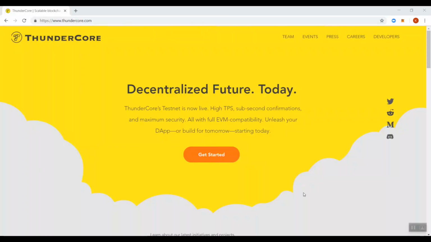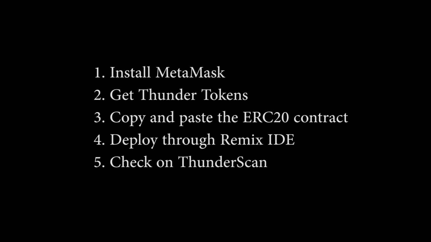Hello, ThunderCore developers. As you know, ThunderCore is fully compatible with Ethereum, so deploying an ERC-20 smart contract on ThunderCore is super fast and super easy. Now we will walk you through the entire process, which only has 5 simple steps, and these are: Step 1,